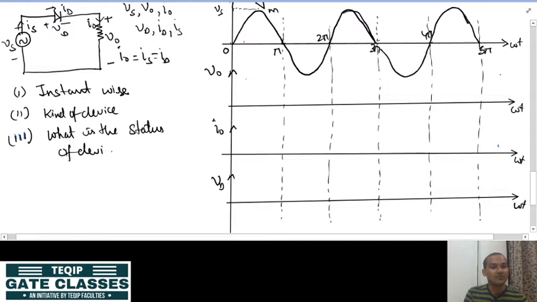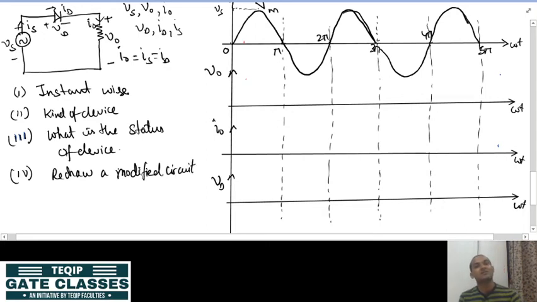Status of device means whether it is forward biased in that instant, or reverse biased in that instant, or whether the device is in forward blocking mode or conduction mode, whatever is there. So, that status you have to see, and after knowing that status of the device, you have to redraw a modified circuit, because in power electronics we have studied that the major difference is